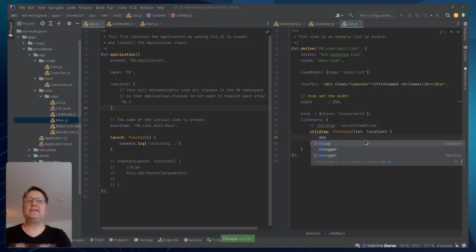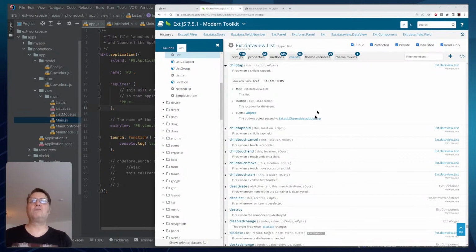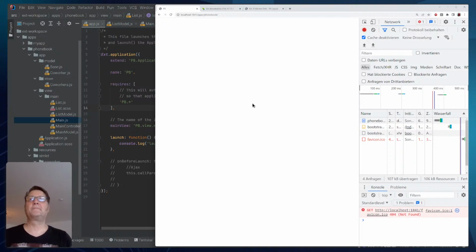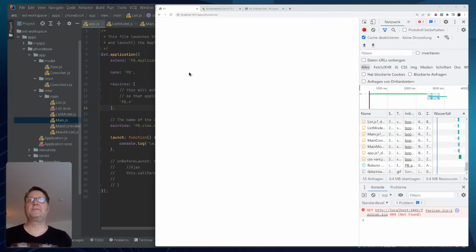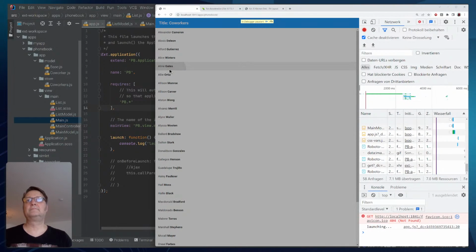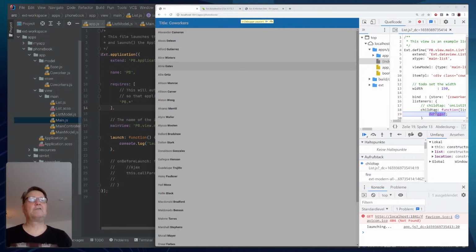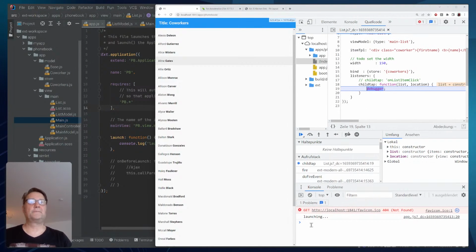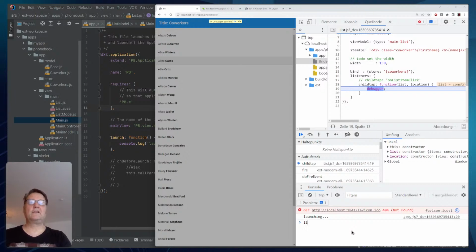So I'm just adding here a debugger. I run my application. I tap on an item, and I'm getting right into this debugger in here. Let me just make this bigger. Okay, now let's take a look what list is. List says,